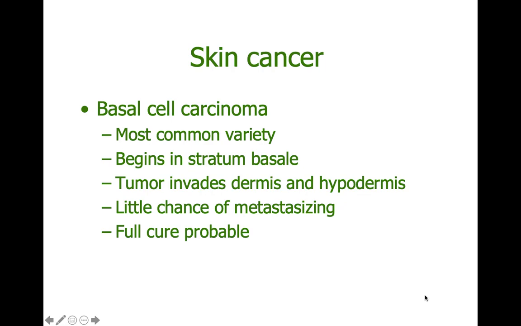What happens is a dermatologist or a surgeon, depending on the size of the tumor, will excise the tumor, remove it surgically. What you see here are two photographs of basal cell carcinoma. Because they're so close up, they look really kind of big, but if you compare them with reference to the size of the hair surrounding them, you see that they're really relatively small and easy to remove